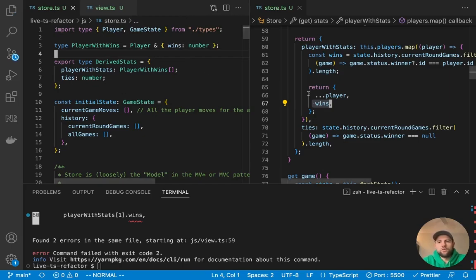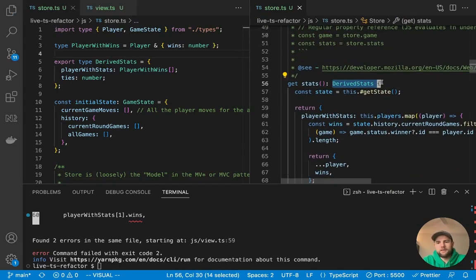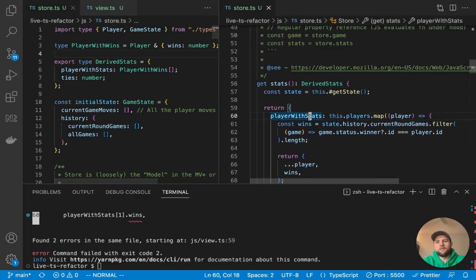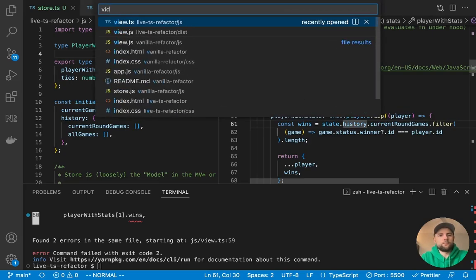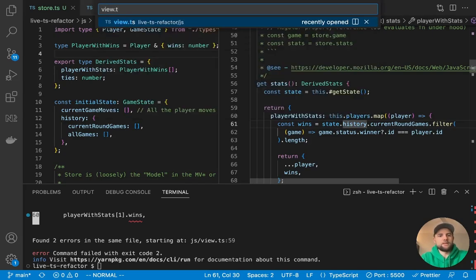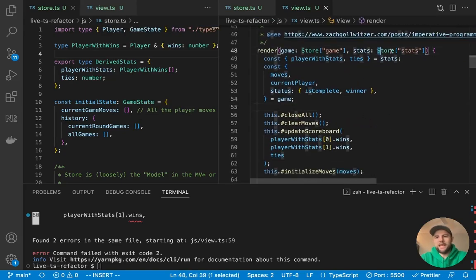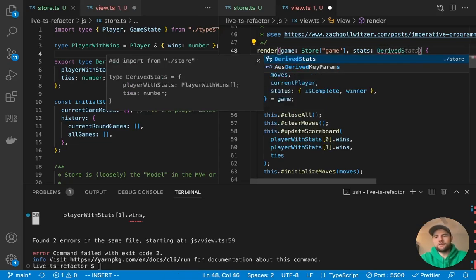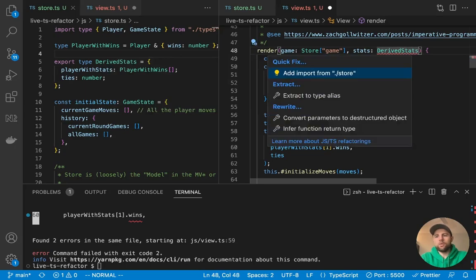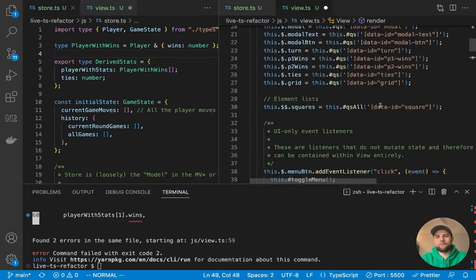And now let me show you why explicitly making these types is advantageous. The first thing is if we go over to the view.ts where we had originally referenced these stats, you can see that we can now import the derived stats, and we'll import that from the store.